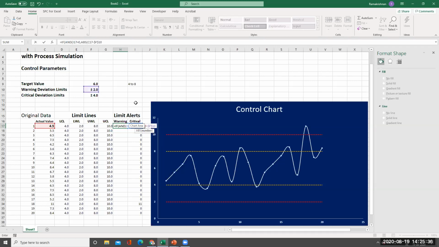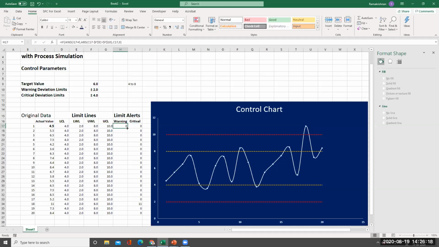Sorry, that should be F9. We'll change it as F9 greater than F10, close bracket, comma, C17, otherwise 0. Right, that is completed. Here I put the absolute function. This F10 should be absolute, right? Okay, this is absolute. I17 is completed. C17 is there. So this is forward.